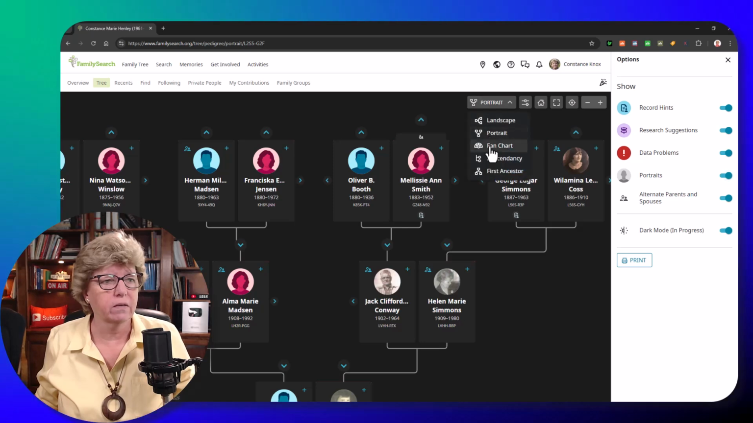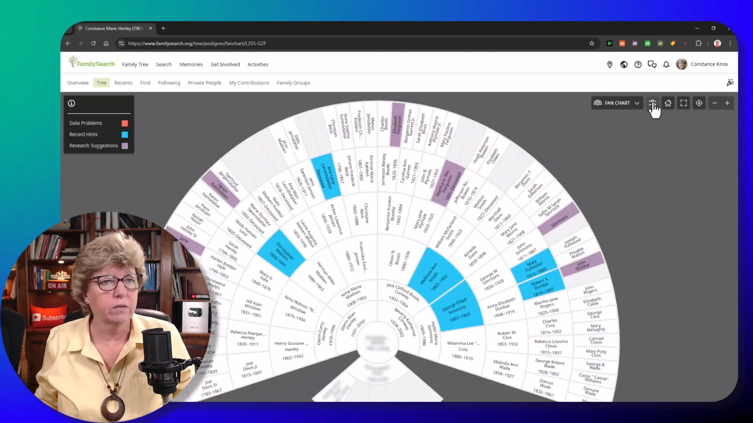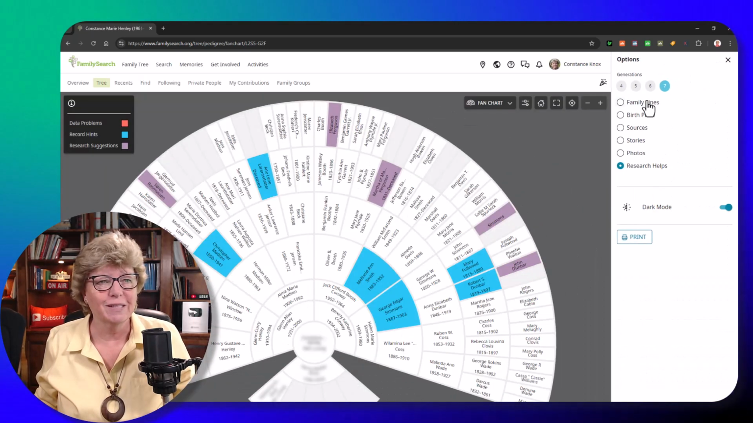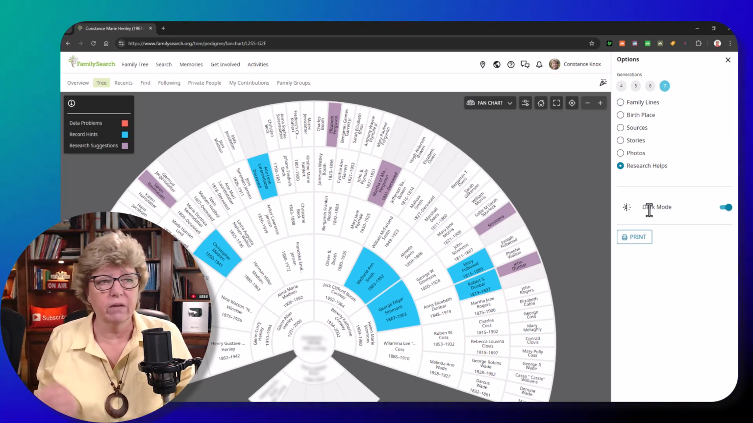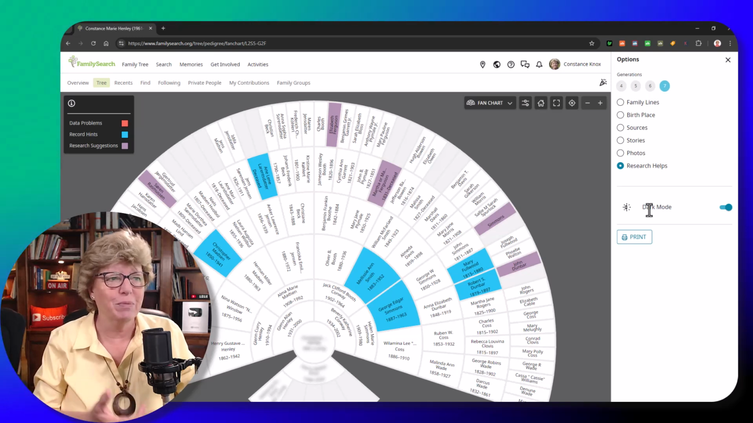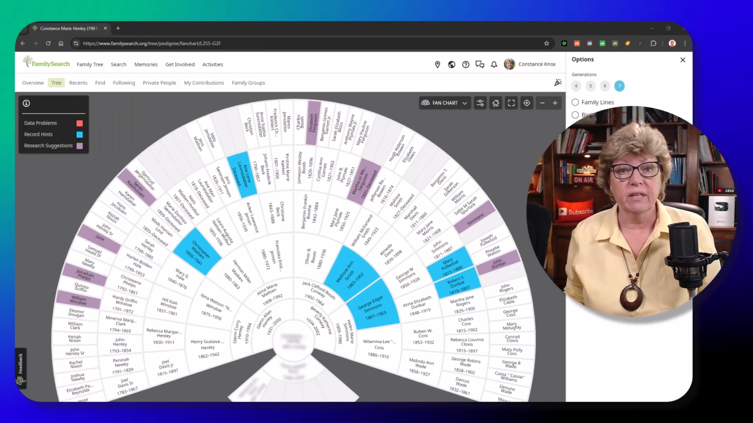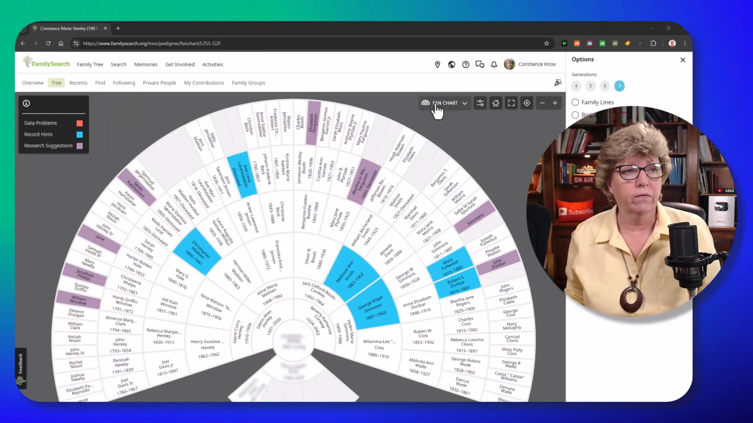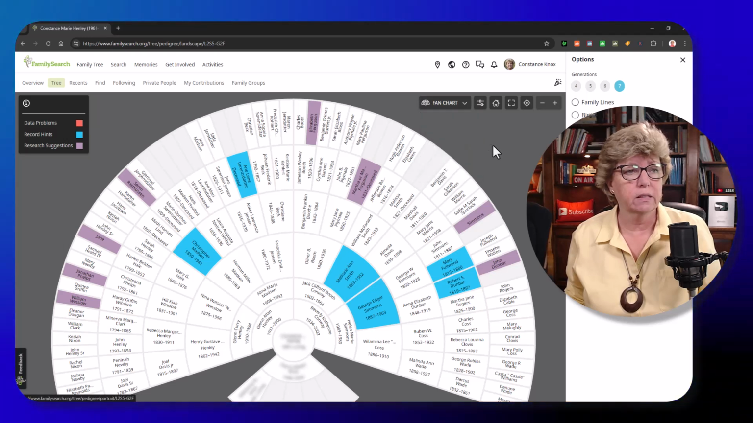So going back to the fan chart for a moment and then turning the filters back on again, we have a different set of filters here. So just be mindful of that, you could be doing a lot of different filtering depending on which view you're in. Something else I wanted to show you, if we go back to the landscape view for a moment,